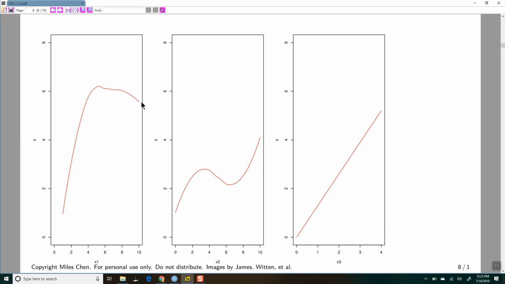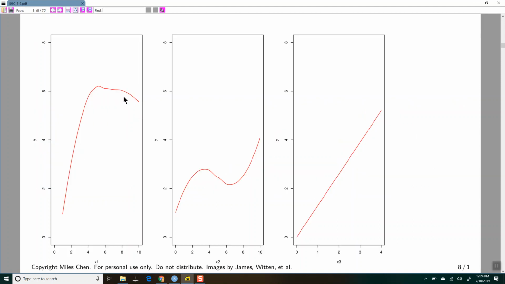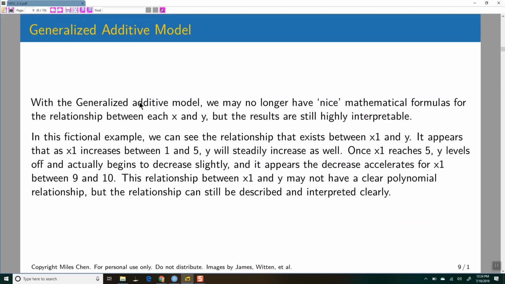I don't know, torque on a car. Torque is how much power your engine can give to the wheels. If the engine is spinning slowly, you have no power and your car's not going to move. And then the harder your engine revs, your tires can spin more, but at a certain point it levels off and actually goes down, and things like that, right? So we have this kind of thing,